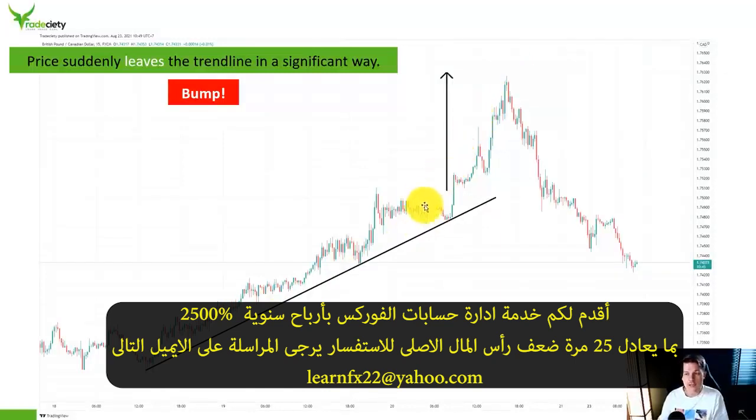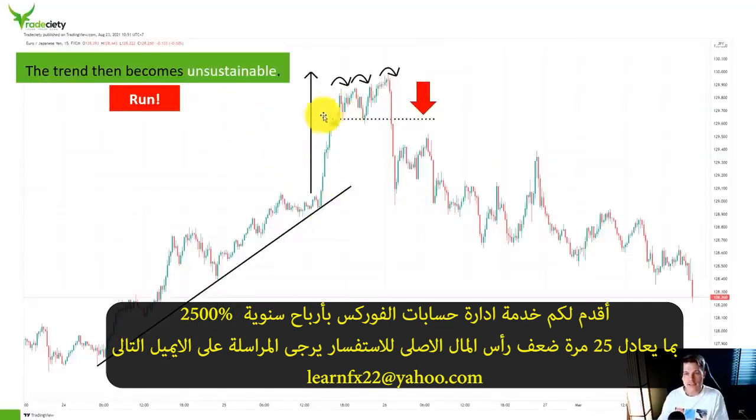And in trading, we call this the bump and run pattern. So what you will see is that the market is in a trending phase. We have a great trend line that we could use here for trend line pullbacks, retests, and then suddenly the market is really pulling away from the trend line. And this is what we call the bump. And what you will often see is that this bump suddenly is leading to such a strong trend that the